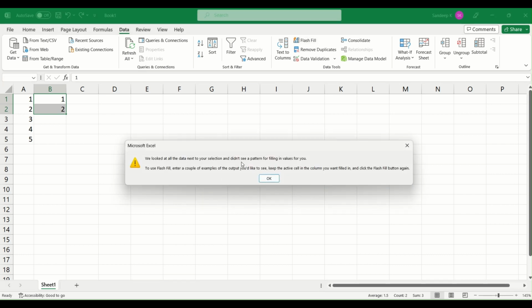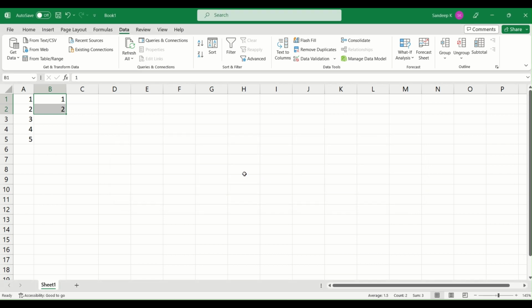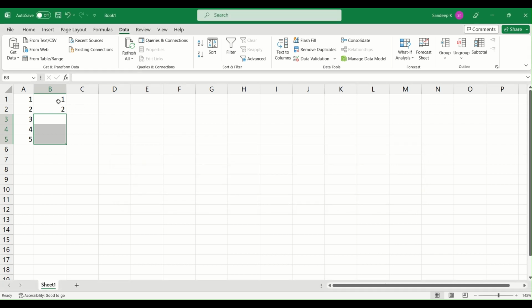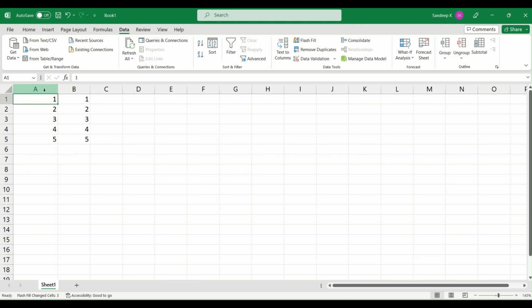And it says we looked at all the data and didn't see a pattern. Okay, that's fine. I'm going to select the blank cells here and let me see. It says the same. Now let me try selecting all the cells and click on flash fill. There you go. So basically whenever you want to do a flash fill, depending on an already existing column, so